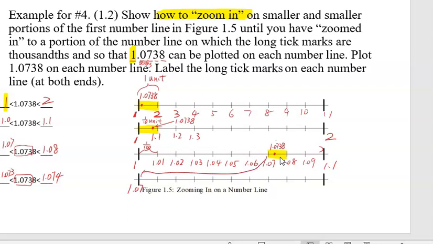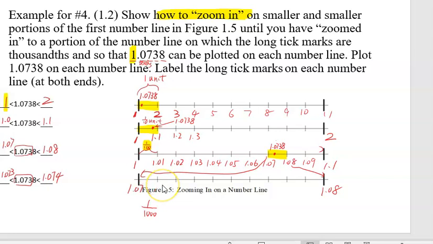This one is moved down here, and this right tick mark is moved down here because this section is zoomed in. And remember, this little yellow piece has a length of 1/100th. If we cut it into 10 equal parts, 1/100th will be reduced down to 1/1000th. So this little section is 1/1000th,